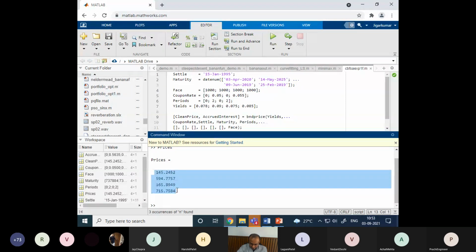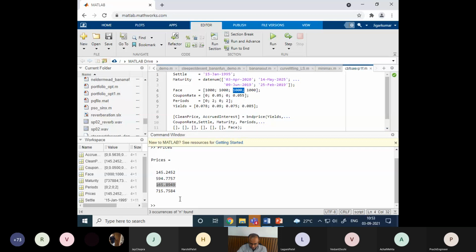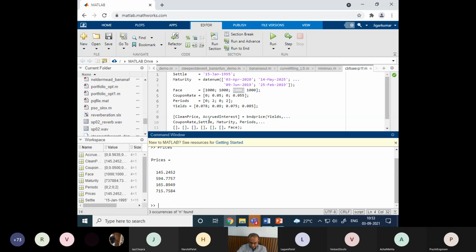Even though their face value is 1000, you can see the huge difference, right? This is the bond price. The first bond you can buy with this value, second with this, third with this, fourth with this, right? It's because some are coupon paying bonds, some are non-coupon paying bonds. So you can see the coupon paying bonds have higher values because in between you will get something, while the non-coupon paying bonds have lower value because everything accumulates and finally you get 1000 rupees at maturity. So I hope you understand this difference, right?